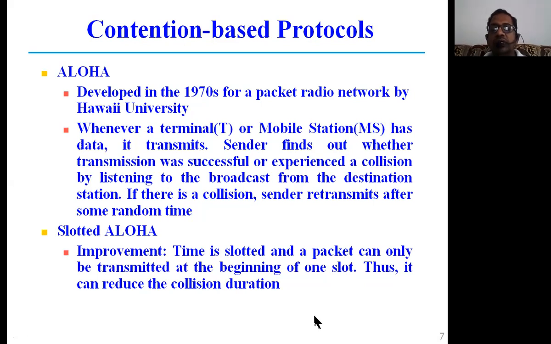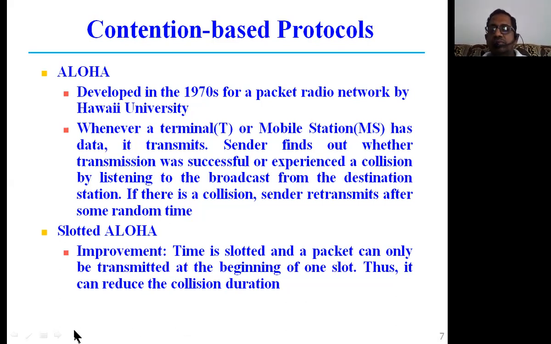So that means some amount of time is given between one packet and another due to this division into time slots. That means the transmission is not bursty. It is one after the other, a streaming kind of transmission instead of a bursty transmission. Thereby the collision rate decreases when you implement slotted Aloha protocols.